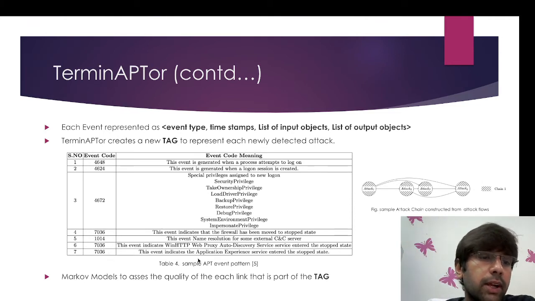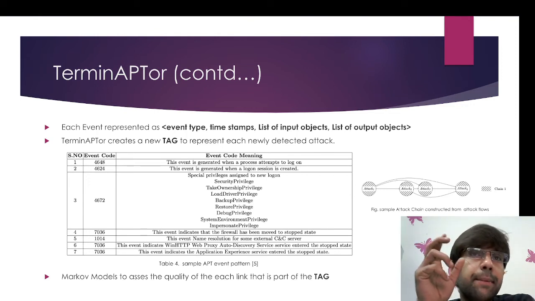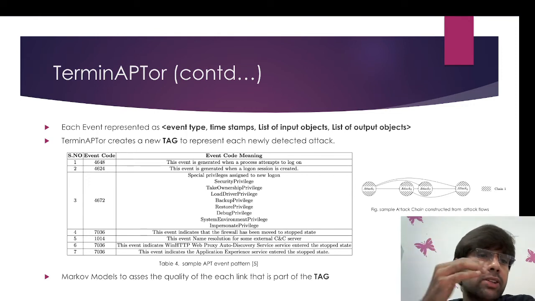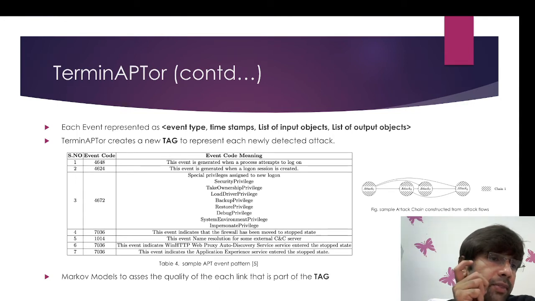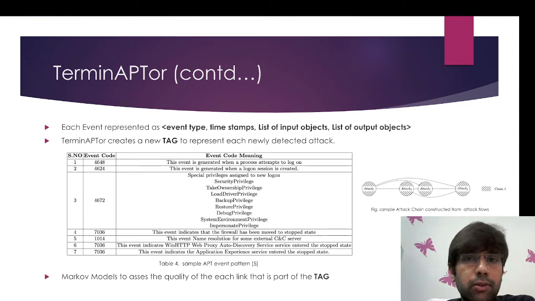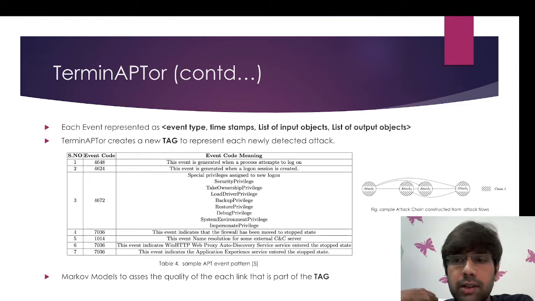After that, it will try to stall all the application experience. It will stop all the updates, and stop the backup and data recovery, etc. This is how typical APT events look. A malicious process performs this series of actions, and we can tag this with particular event codes. The basic idea of Terminaptor is that,